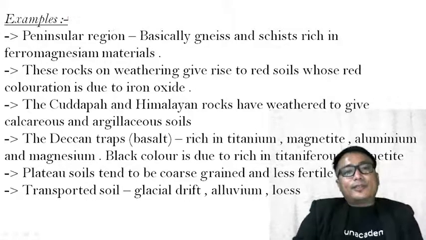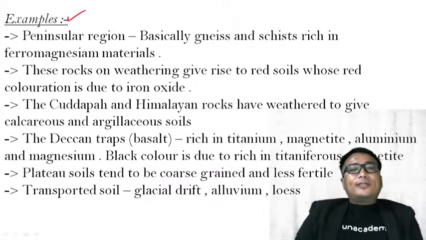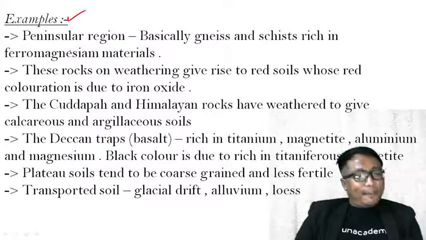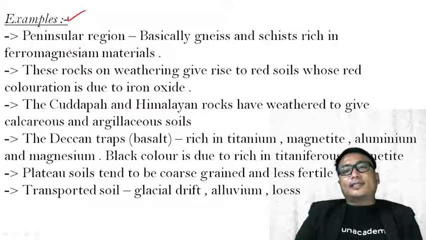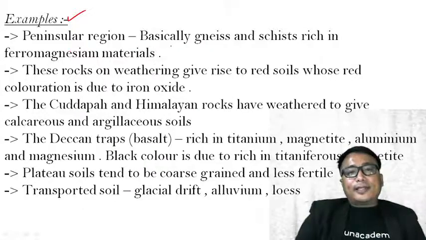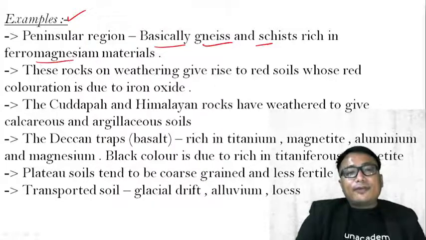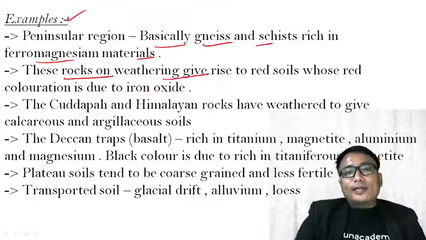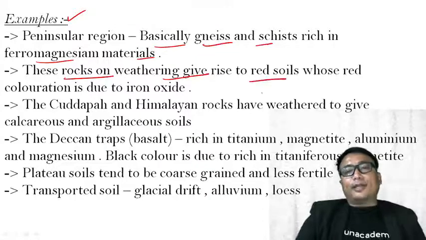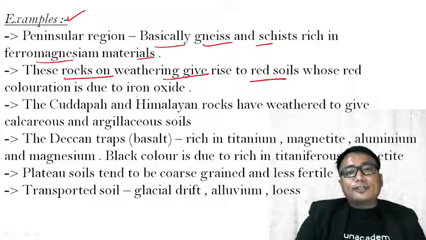Example, let us go and see one by one. In the peninsular region you see here, basically the gneiss and the schist are rich in ferromagnesian material. In peninsular India you will find basically this gneiss and schist, rich in ferromagnesian material. In a sense, this rock on weathering gives rise to a red soil, whose red coloration is due to iron